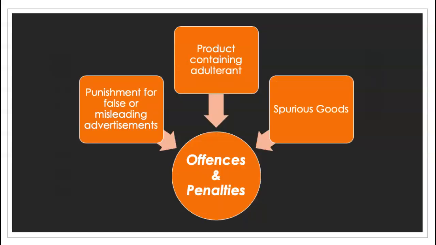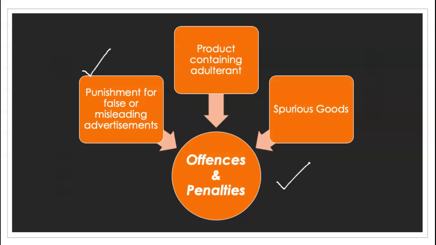So now let's come to another important aspect of your Act, that is offences and penalties. So आपका Act provides punishment for false और misleading advertisements. That means अगर कोई manufacturer या service provider cause करता है एक false और misleading advertisement को to influence the interest of the consumer, the Act provides for imprisonment of a term of 2 years with fine of rupees 10